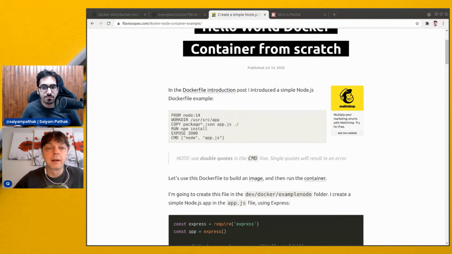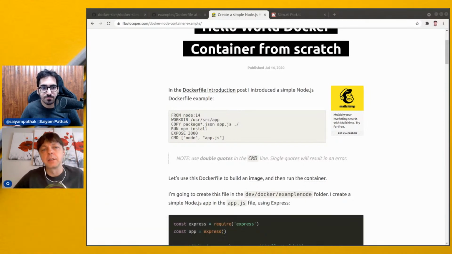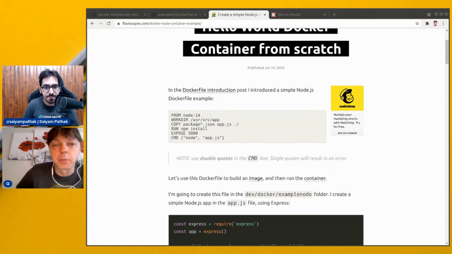You're copying the package manifest you have in Node applications and the application code itself, and then you install the dependencies, and then you say that the application runs on port 3000, and then you specify how to start the application. Seems pretty straightforward, but if you look at it, it has a number of common problems when you're dealing with